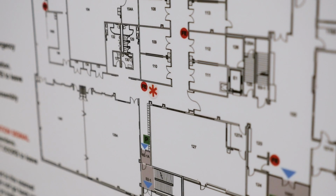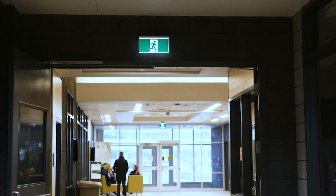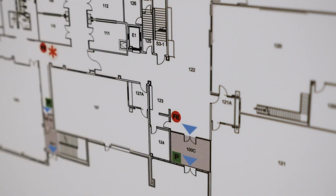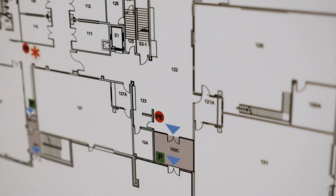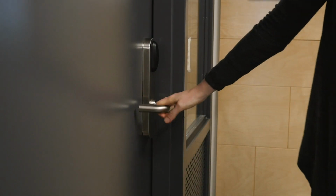If the fire alarm sounds, you must evacuate the building through one of the emergency exits. The routes to emergency exits are indicated by green and white signs, and exits are shown with blue triangles on the building evacuation plans. If you are the last to leave the lab, close the doors behind you and proceed